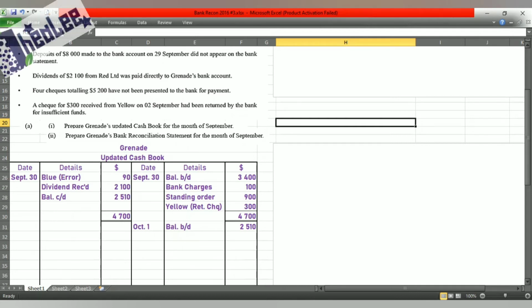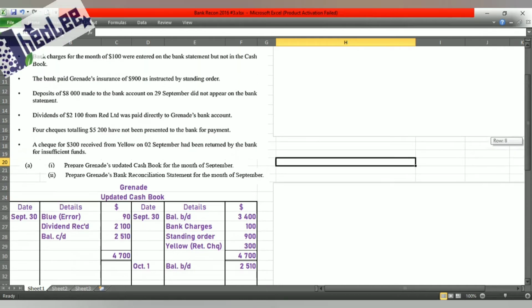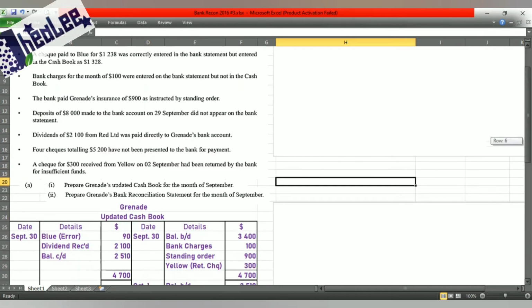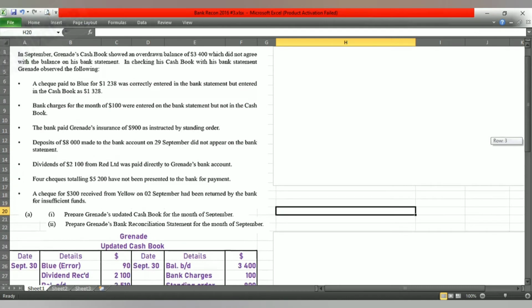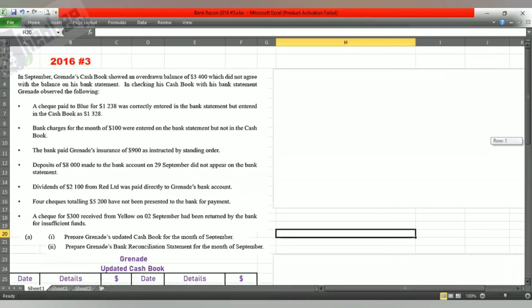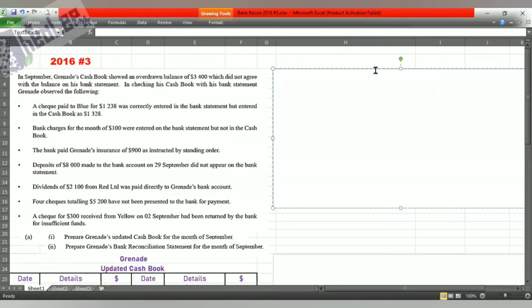And based on this question, we are not presented with the balance as per bank statement. So we have to use the balance as per updated cash book. And in doing the overdrawn balance, we can use two approaches. I'll be looking at both, and I'm looking at the one where we work with the figure as